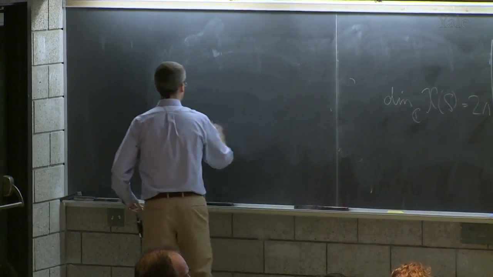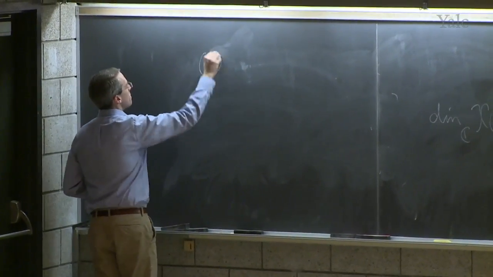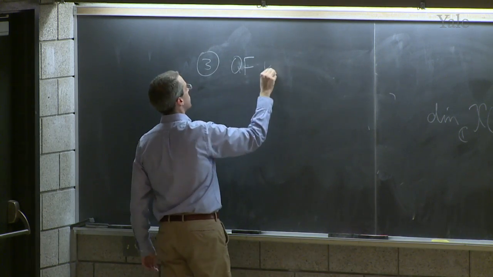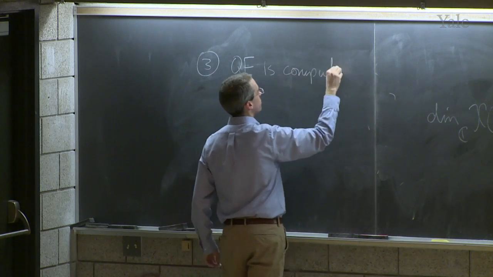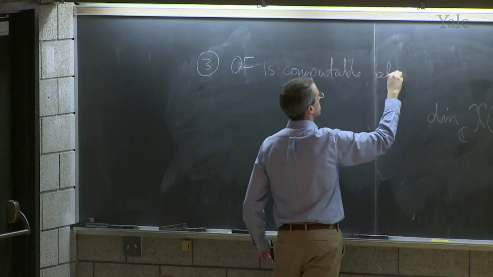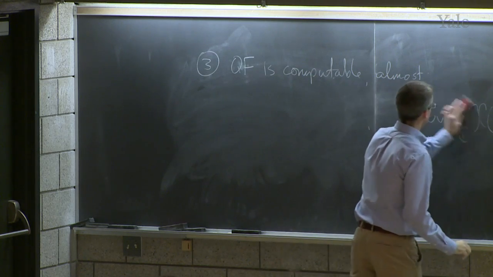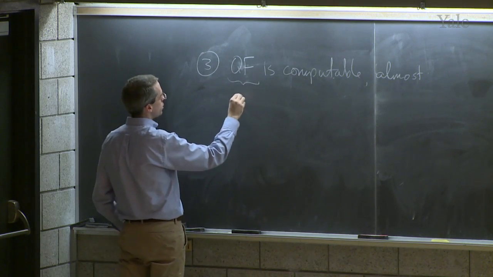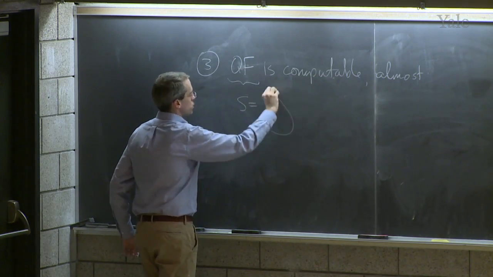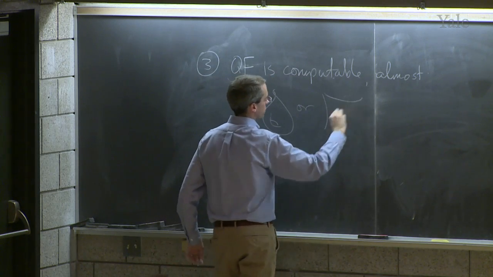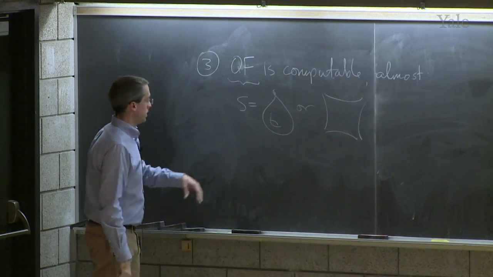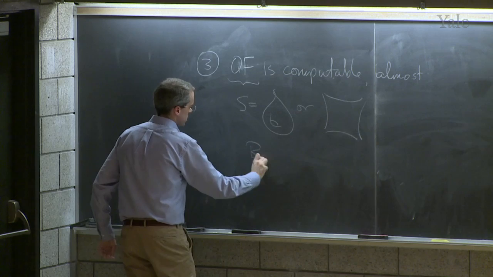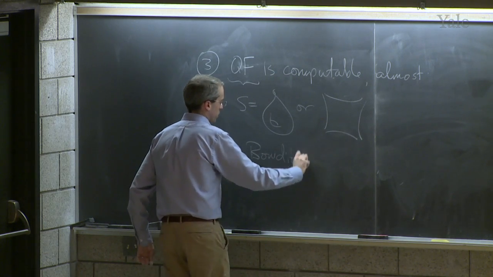And finally, the following is only a slight lie, that the question of whether or not a point is in quasi-Fuchsian space is computable. Almost. So let me say what almost means. So here I'm referring only to S being the punctured torus or the four-punctured sphere. The associated representations are commensurable, so you can reduce either one to the other. And this uses a criterion of Brian Bowditch